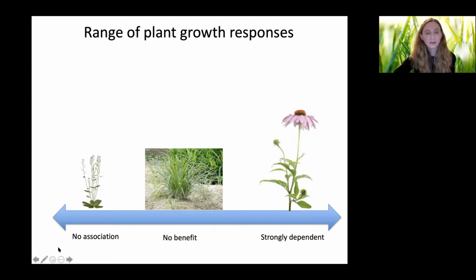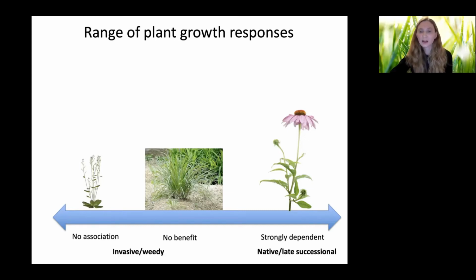And then there are other plant species, like this Arabidopsis here, that have lost their association with mycorrhizal fungi over evolutionary time. Over 80 or 85% of plant species still associate with mycorrhizal fungi, but there are some groups like the Brassicaceae, other plants in that family being broccoli and cauliflower, that have lost their association with mycorrhizal fungi over evolutionary time.